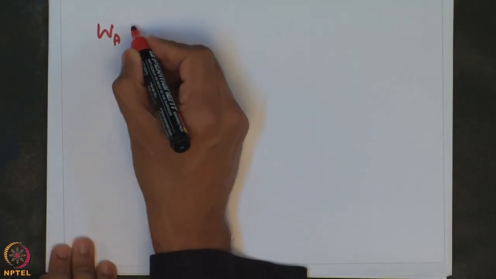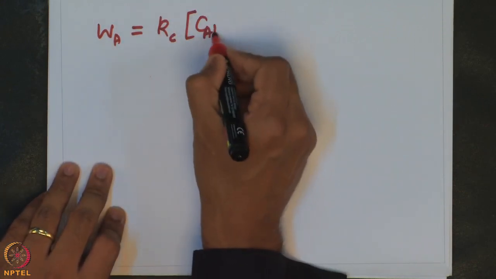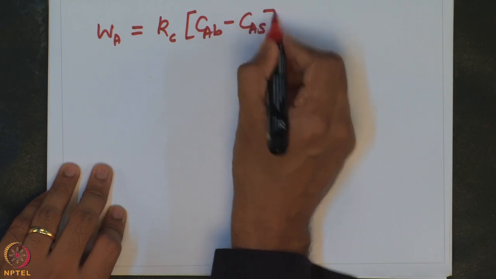So, the flux essentially is given by the mass transport coefficient multiplied by the concentration difference, but we assume that the reaction is actually an instantaneous reaction. So, what happens if the reaction is instantaneous? As soon as the species comes to the surface of the catalyst where the active material may be present, the reaction will instantaneously happen, which means that all the species available for the reaction at the surface would undergo complete conversion.